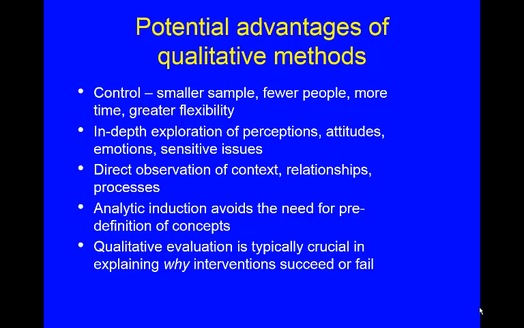Qualitative evaluation scores very heavily in terms of explaining why interventions succeed or fail, often with very large-scale quantitative studies. We can come to the conclusion that the outcomes from a particular intervention, the number of people helped, the number of immunizations carried out, the number of bed nets supplied or whatever, either did or did not meet the expected targets. However, if we want to know why it didn't meet the targets, or why it succeeded to a much greater extent than we expected, the answers typically can only be gleaned from qualitative